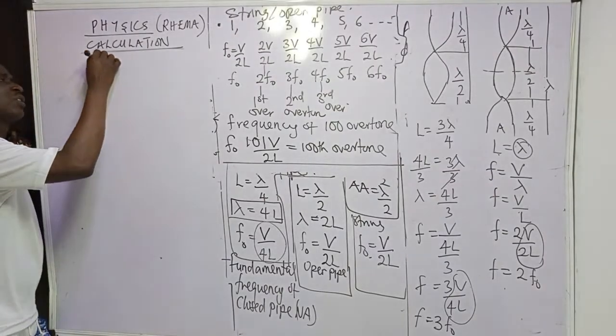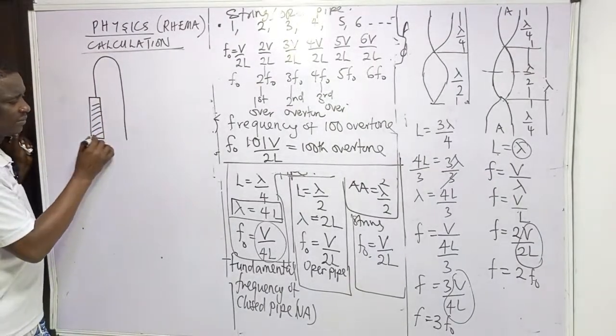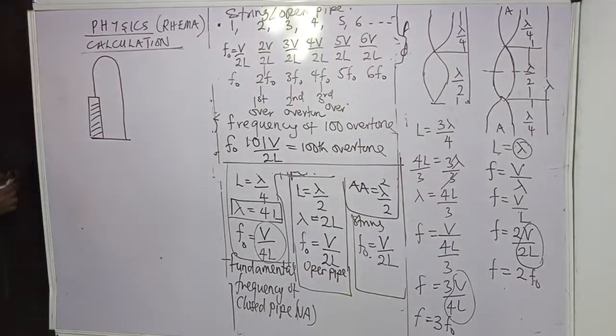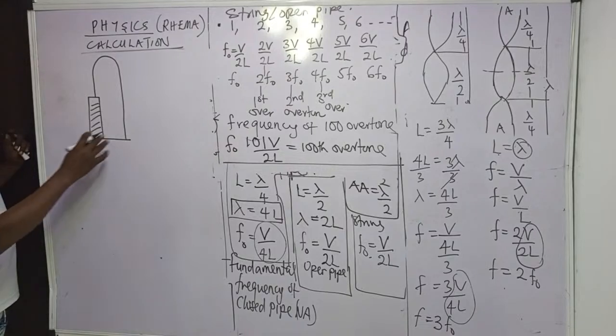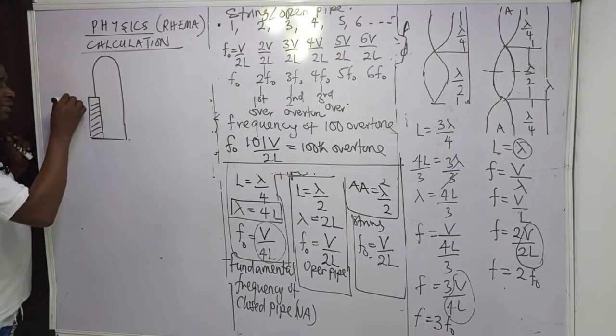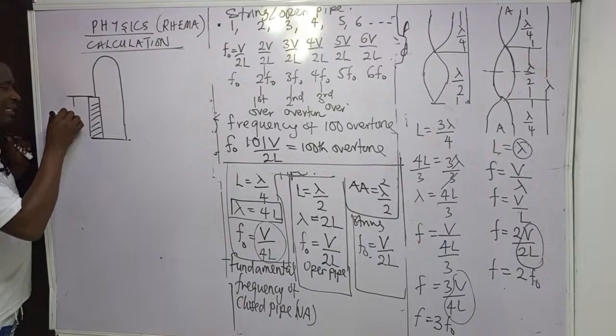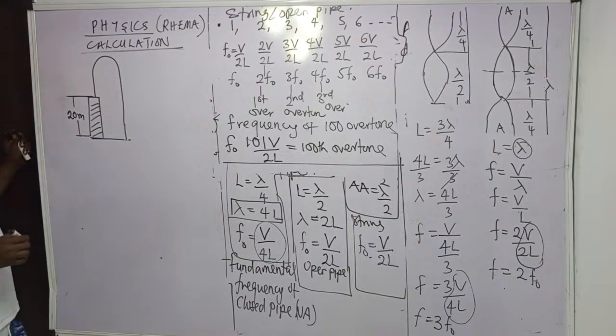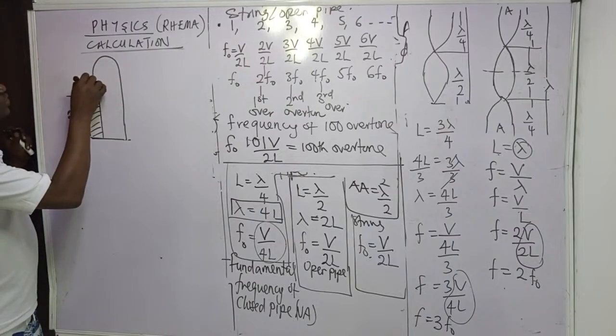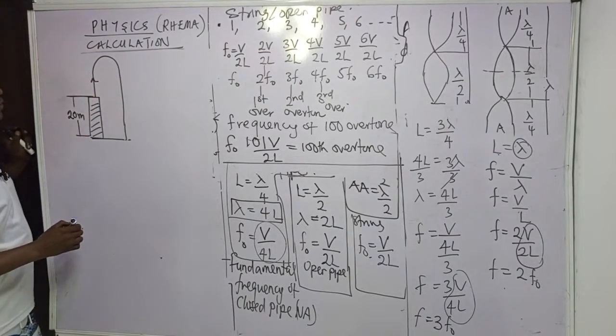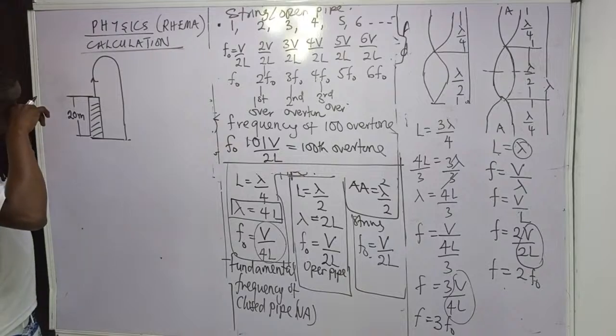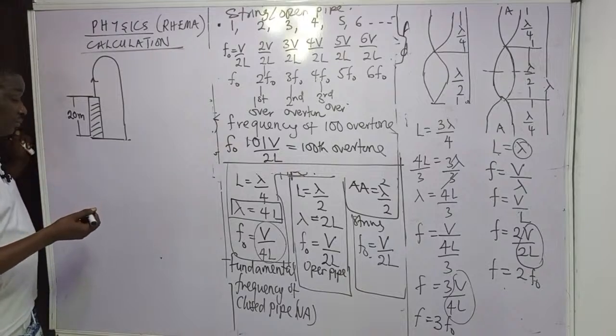Now look at the board. If we have set a question like this, I want to give you a very shortcut method to solve this question. Probably they give you, let's say, 20 meter, and a body is projected with a velocity of, let's say,